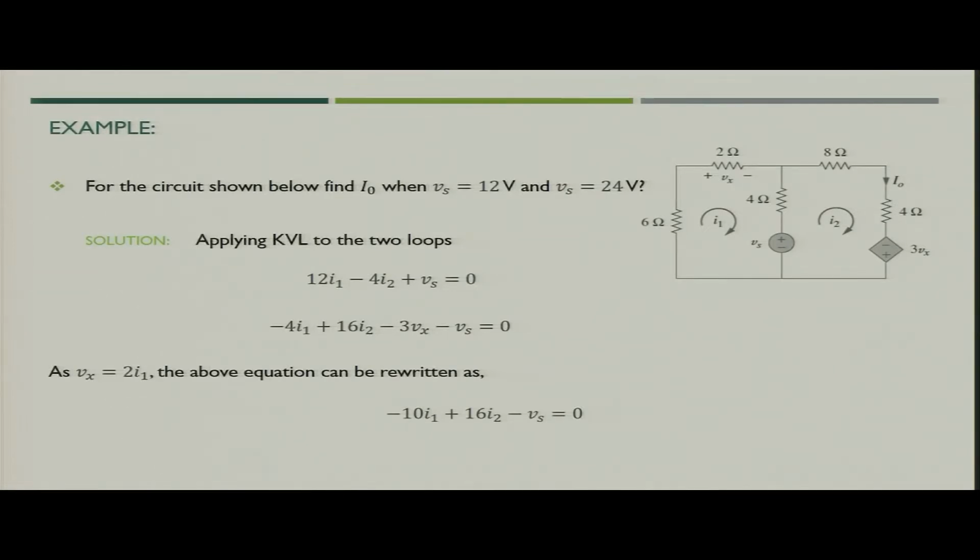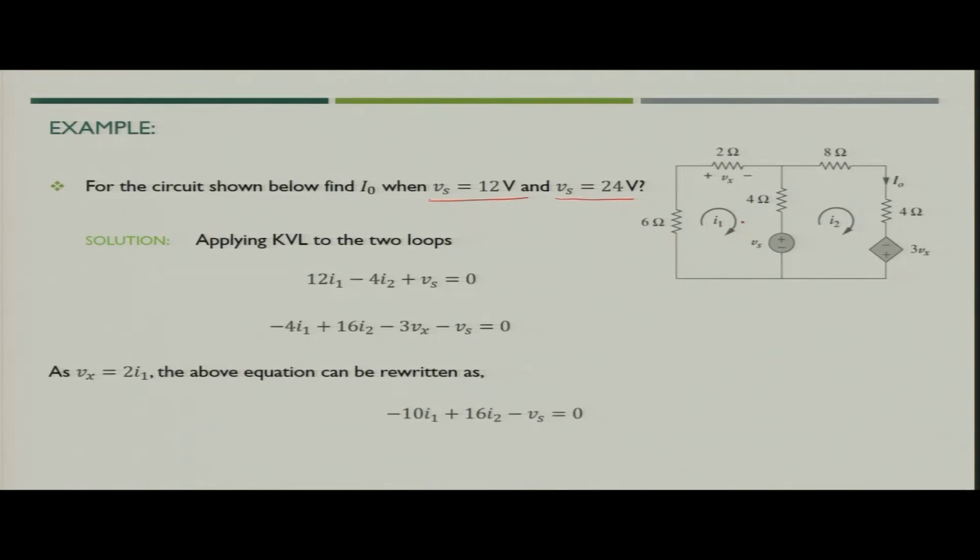Now, let us take one example to understand the properties which we discussed, like linearity, additivity and homogeneity. Suppose the voltage source Vs is 12 volt in this circuit, and we have to find the value of current I naught flowing through the 4 ohm resistance when voltage is 12 volt and when voltage is 24 volt. So, this would be the case of homogeneity. What we have to do,